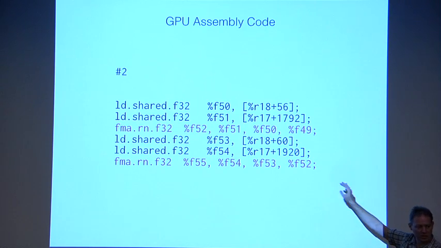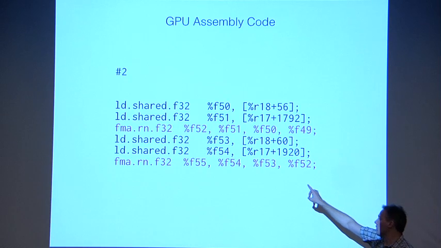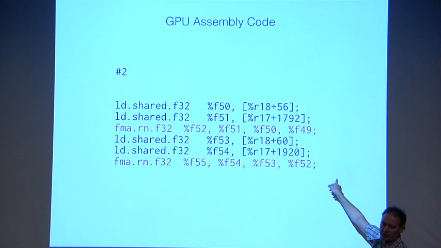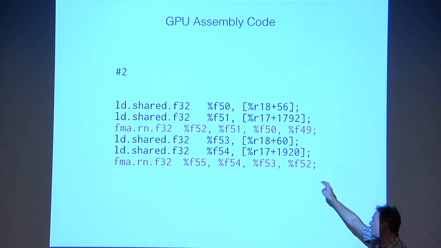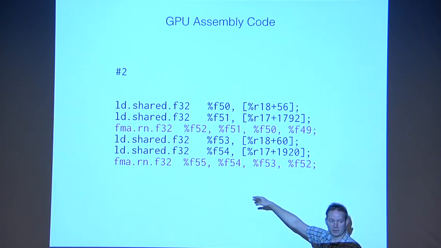The point of what he shows you is this assembly. All the C code that we write gets compiled down to assembly, and then the assembly gets assembled into the binary. The point is, when you look at the assembly for kernel number 2, it's in this pattern. Load 2 values from shared memory, multiply them together, and store them in the accumulator. Load 2 values from shared memory, multiply them together, store them in the accumulator, right?